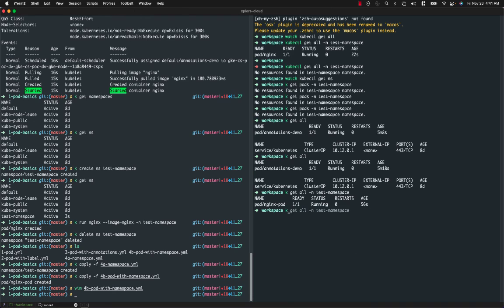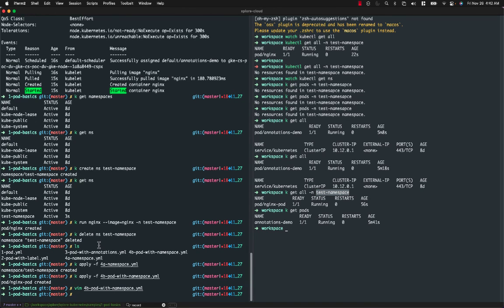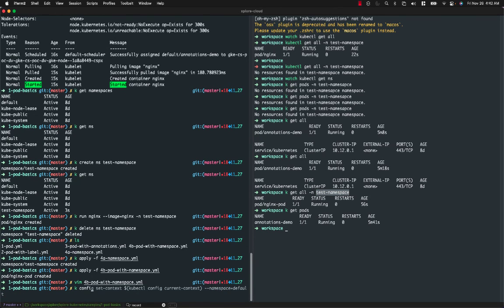So every time you say k get pods, you will only get the pods in the default namespace. But let's say that this is the namespace that you will be working in every day. So you want to change the default namespace to point to the test namespace. So what you can do is use the kubectl config command, the kubectl set-context command, to set the default namespace. So what you have to do is config set-context, and then